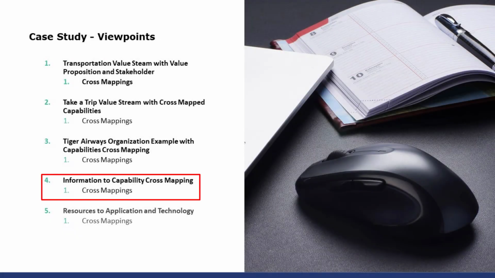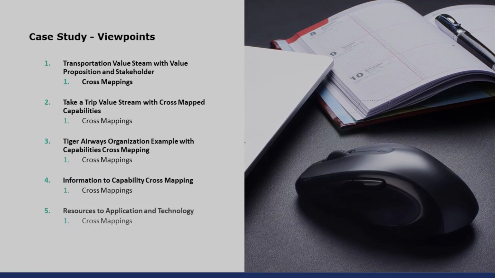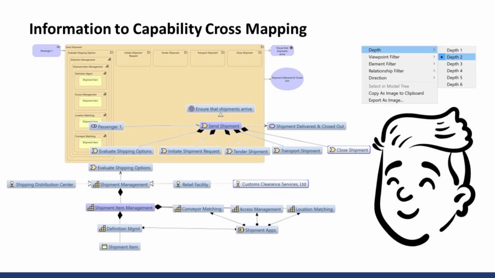Number 4, information to capability cross-mapping. With this viewpoint, we're responding to a complaint uncovered in our work on value streams. Remember, we looked at the take a trip value stream, but now we are looking at the send shipment value stream. Information to capability cross-mapping. With this viewpoint, we are already building on work done under the take a trip value